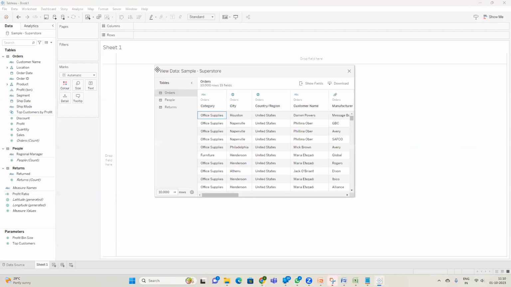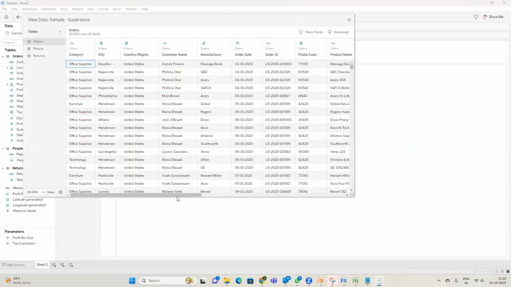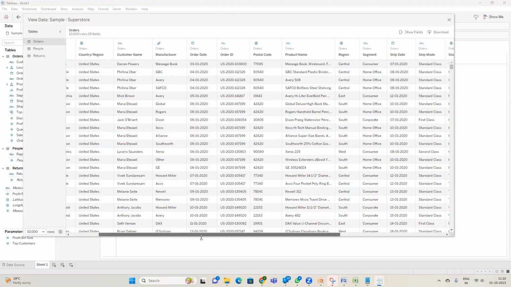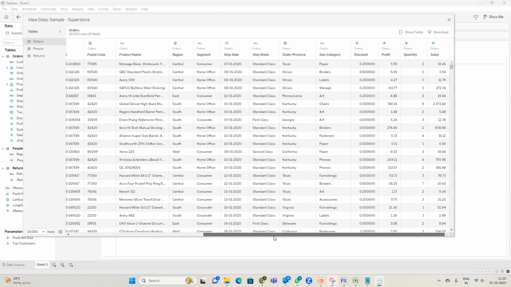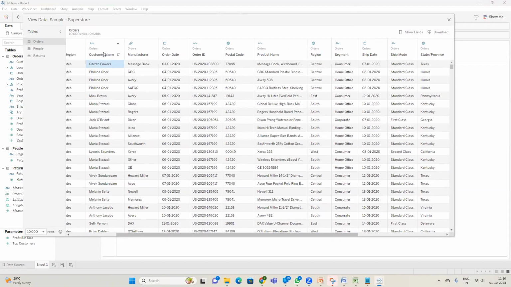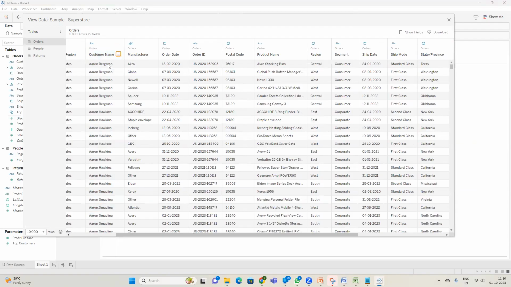Okay, so I'll just show you the data. This is how data looks. Basically this is the Sample Superstore data. Whenever we go to any superstore, our records are stored in that superstore. Let's say Darren Powers, this customer went to this superstore and purchased some products. These are the products purchased by, let's say, Aaron Bergman. All these products were purchased by this person, and there are some details also entered in the